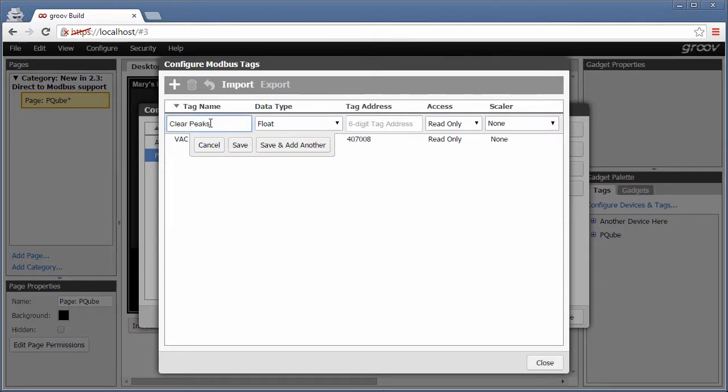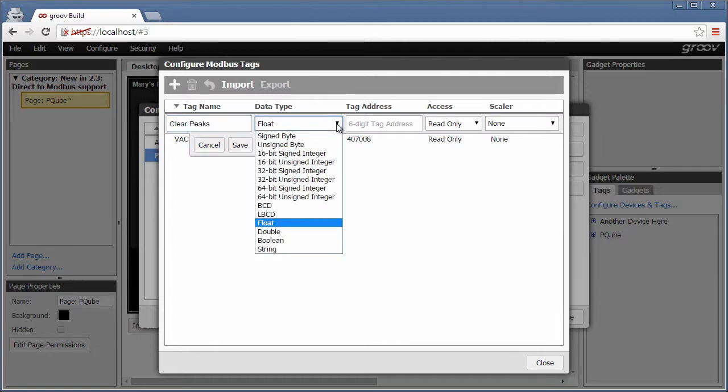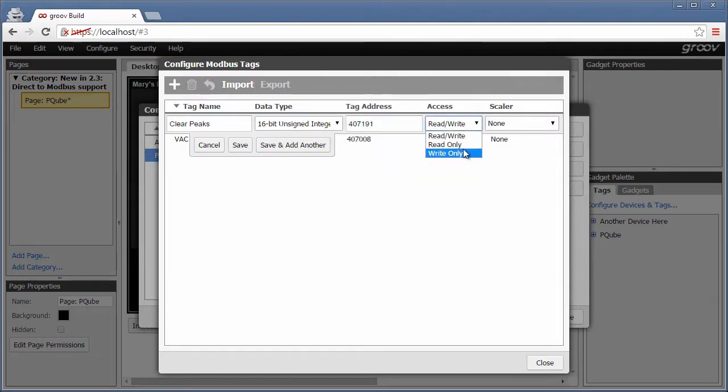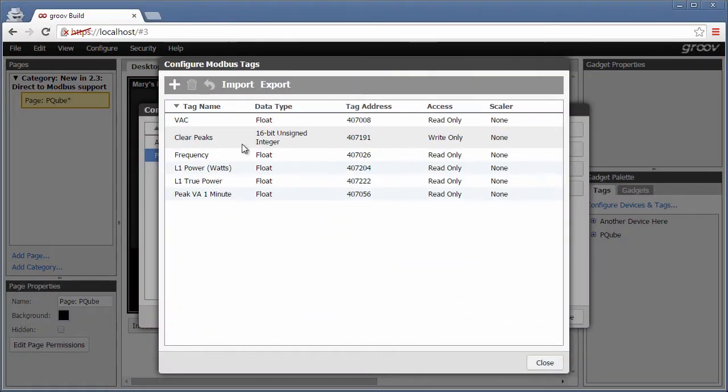Add one to clear peaks, which uses an integer data type. Address 7191, doing a write. Then I'll add a few more float values to monitor. The PQube has a huge selection of data values to choose from. I've selected just a handful here. The process is the same for adding those tags to Groov. When I'm done, I'll click Close